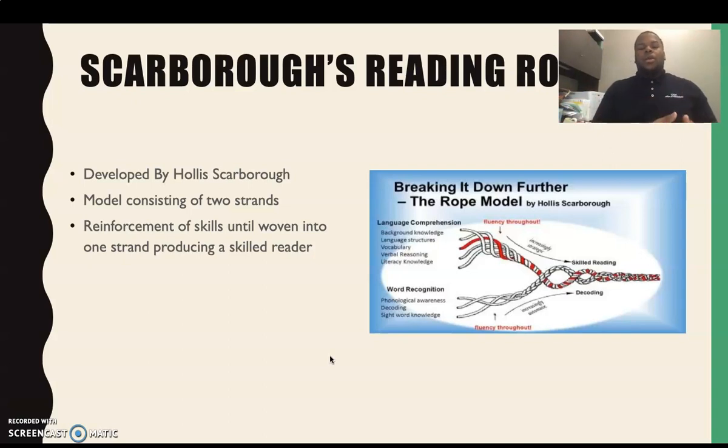So that word recognition and language comprehension definitely comes into play. Those two strands come together, and students are able to understand, this situation happened back then, and now today, this is what's going on. So understand those terms and bring it up to speed for students and get them to